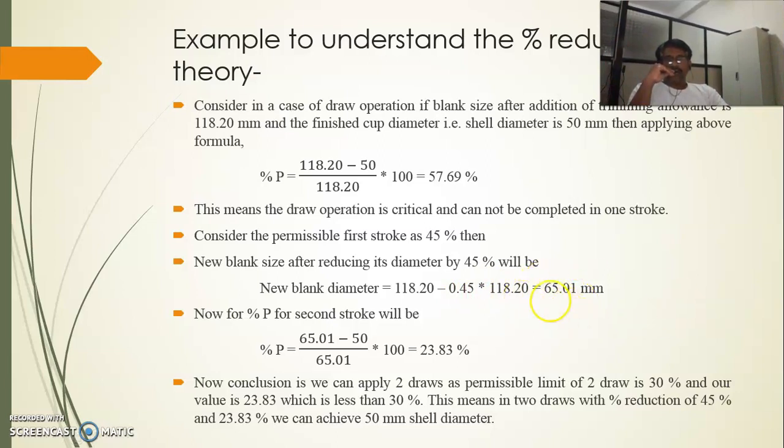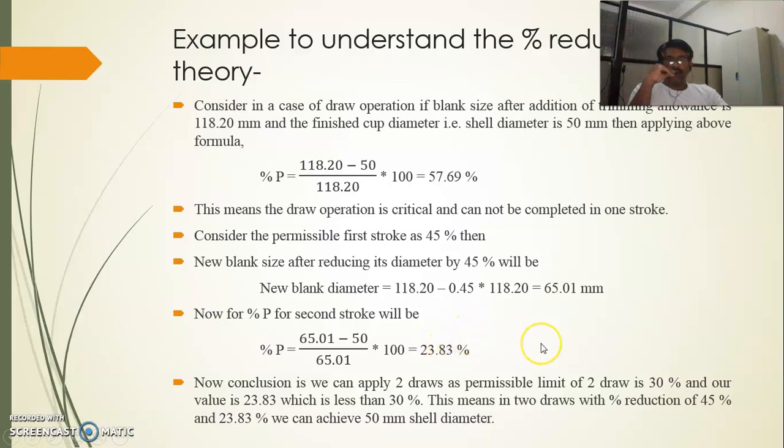Now considering this new diameter, if we go for the next reduction, the percentage reduction becomes: percentage reduction is equal to (65.01 minus 50) divided by 65.01, that is (blank diameter minus shell diameter) divided by blank diameter, into 100, so it comes to 23.83 percentage. If it is more than the next permissible limit from the given data, that is after 45 percentage